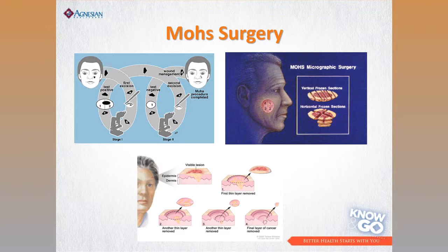Now it's clear. We can go back and decide how to put that back together to give the best outcome. And those outcomes, what we do to put it back together, depends on the size, the patient's age and tolerability, and their desires. We cover all the options that you have and then let the patient make the decision. Sometimes the patient has something in mind, sometimes they say, whatever you think, doc, and so we help to work